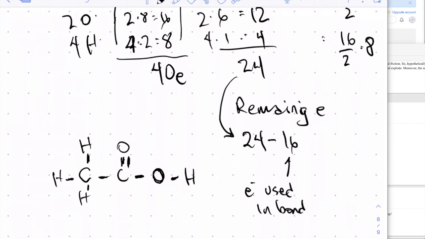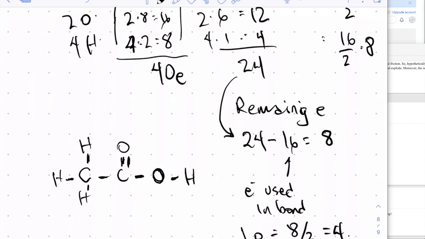Remember, there are 8 bonds, but there are 2 electrons per bond, so that's a total of 16. So that's going to be a total of 8 remaining electrons. Our lone pairs are going to be equal to 8 divided by 2. There's 4 lone pairs in this particular chemical. And the way we do that is we always go towards the outer edge and look for atoms that don't